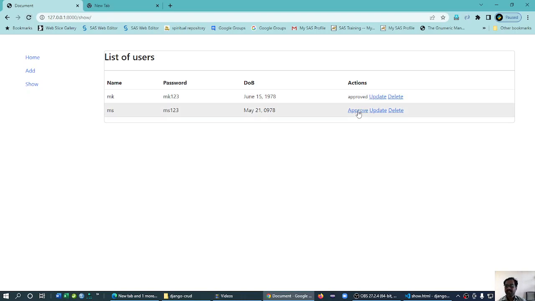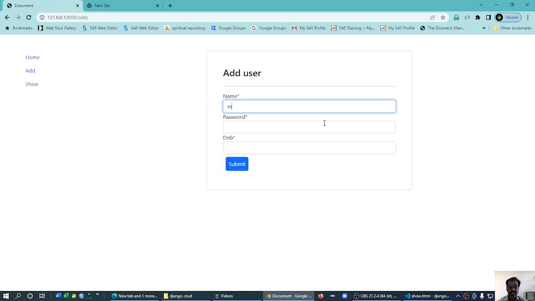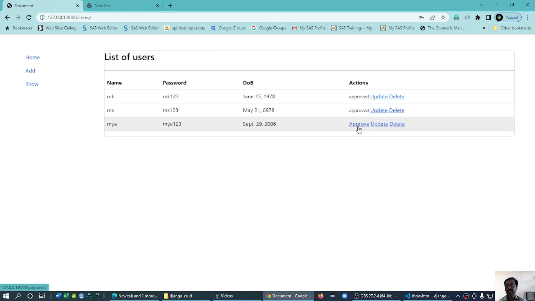You see approved. Now this is not approved. Let me press this. Now it is approved. So that makes a bit of MYA 123, and then date of birth. I think first one is month, and then day. Now let's go to, you see it is approved. It is waiting for the approval of the admin, and these are all approved. Now what happens, we can just make use of whoever approved, they are authenticated, and these people can be shown